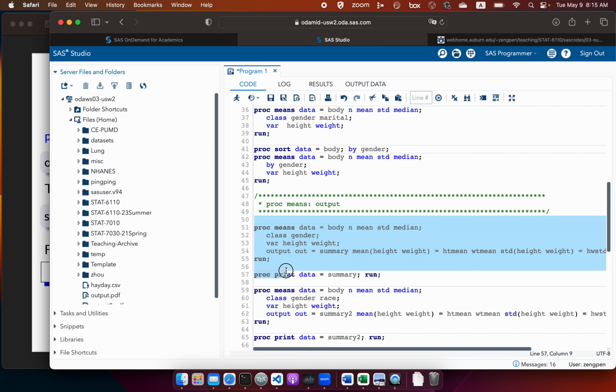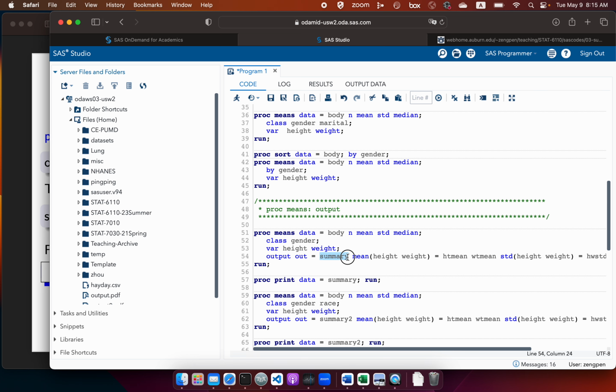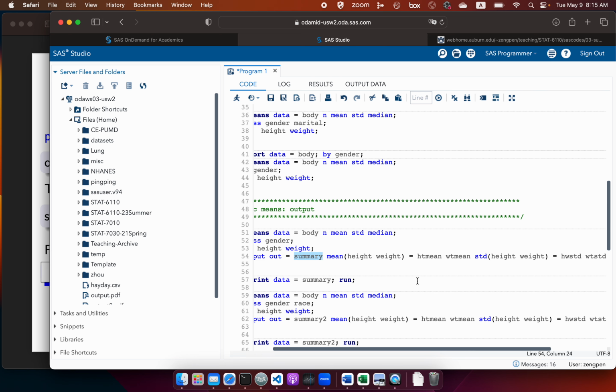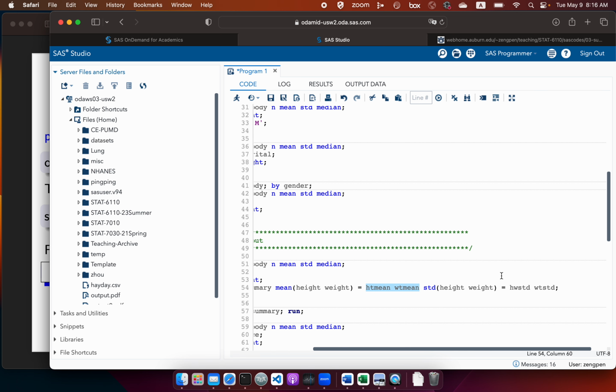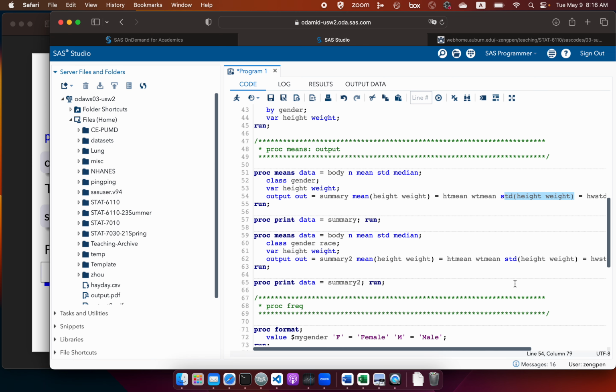Here I have the output statement. I call the dataset summary, and I want to compute the mean for height and weight. Because I have two variables here, I need two names for those means. One I call HTmean, one I call WTmean. Then I also compute the standard deviation. After I run this one,